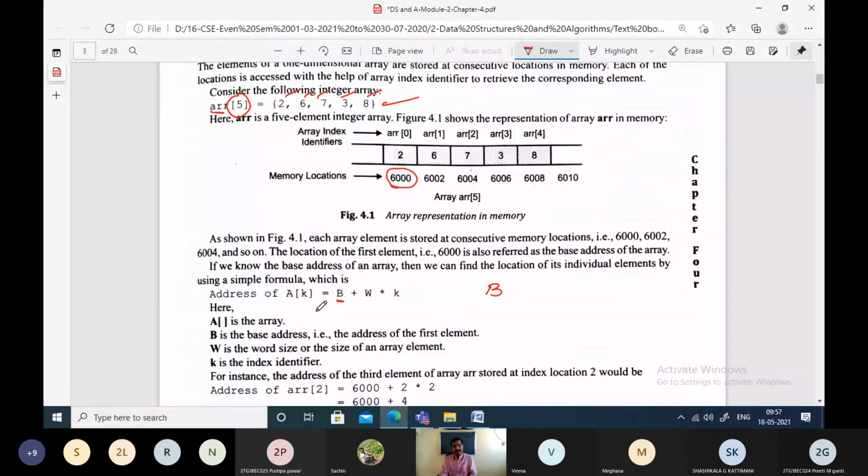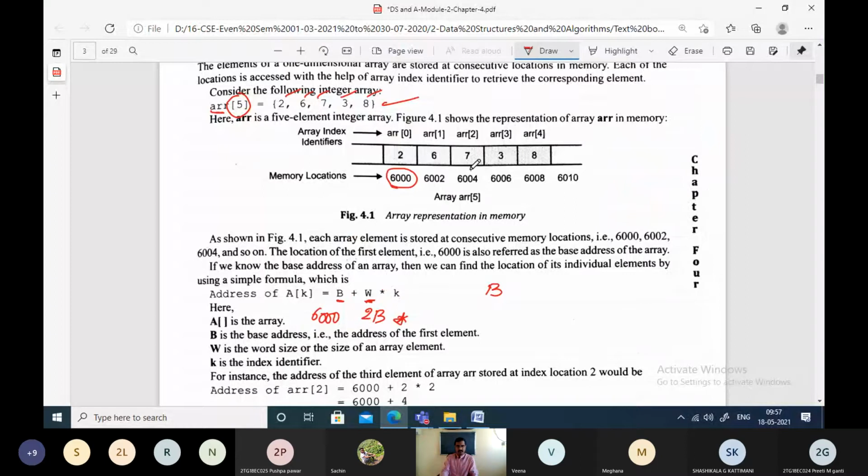In our case, integers or word length is 2 bytes, and the base address here is 6000. K indicates the index value of the element which you want to access.